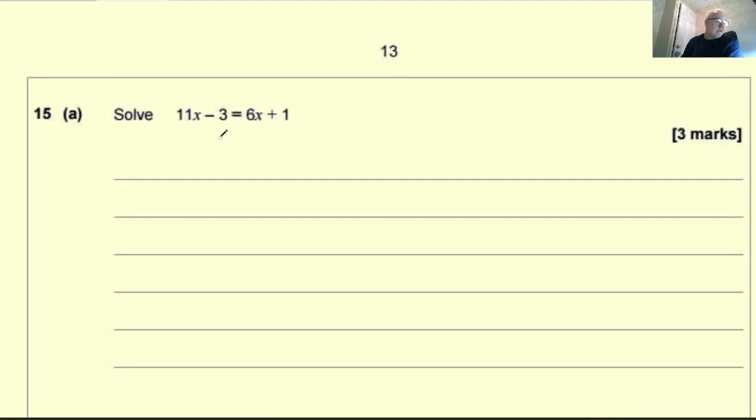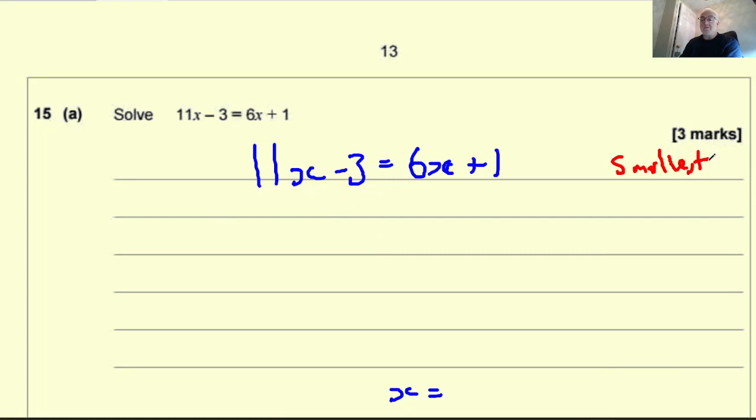Question 15. A linear equation with a double-sided x. It's got an x on both sides. So anytime you've got an equation that you're trying to solve, the key is to make it easier at each stage until you get down to just x on its own. I would always say start with the x's and remove the smallest x. So I've got 11x and 6x. 6 is smaller than 11. So let's try and remove that